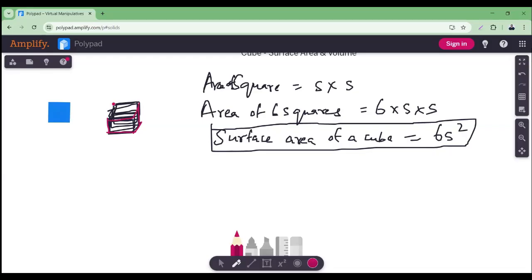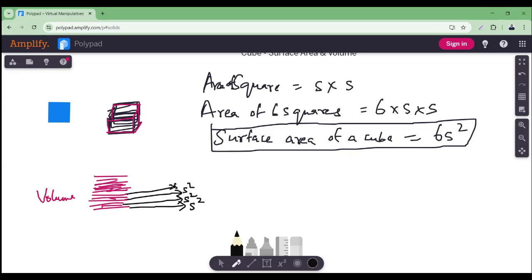It becomes a cube like this, right? So now we can imagine one square plate, another square plate, another square plate, and this square plate. All these stacked together on top of each other will be the volume, if you can imagine like that. Then let's talk about the square area also. The area of this plate is s square. The area of the next plate is s square. It goes on like that.